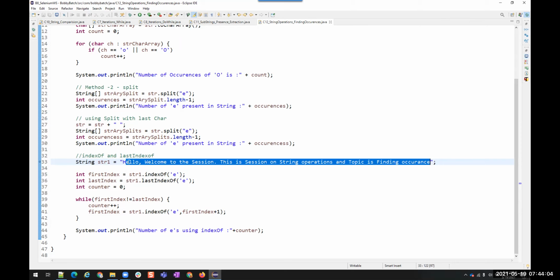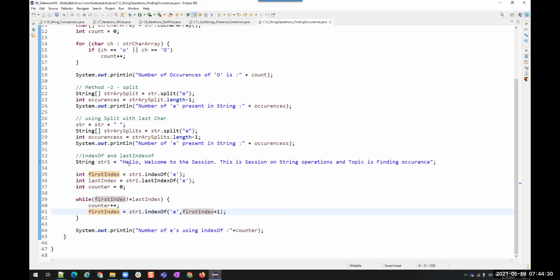So the first index will be this. Okay. And the first index will not be equals to last index. So it is going to increase the counter to 2. And then again, I was using the same sentence because I'm not increasing it. So it will be again using the same sentence and again checking for the position of E. So it will be having E at the same place. So it will continuously increase. It will not print. Right. So once I found this, from the next position I have to search, right?